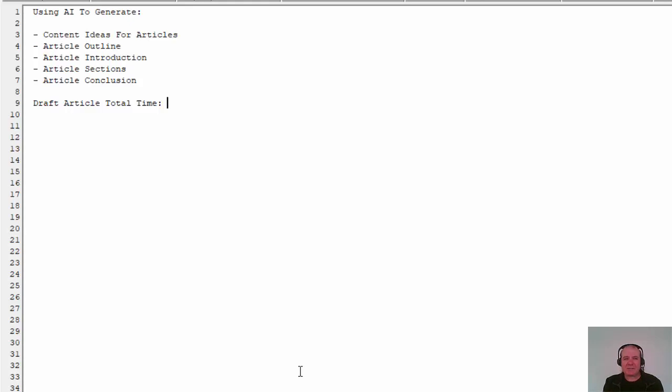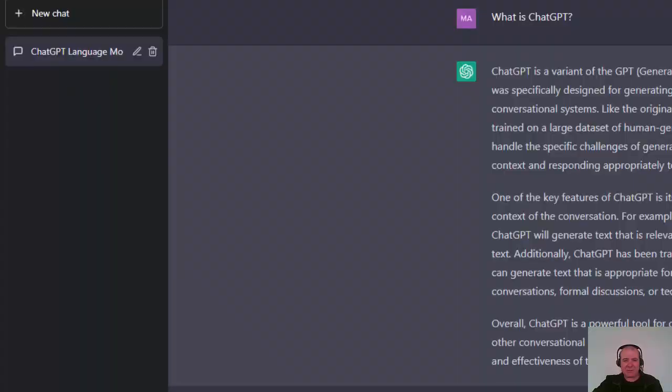So I want to create a draft article, and then we can assess the quality of what it's produced, and you can decide for yourself whether this is a tool that you'd like to use to create content for your business, for your website, or whether it still is too early in the development process to be of any use.